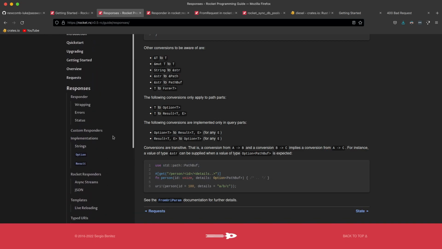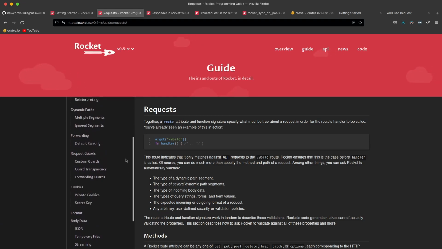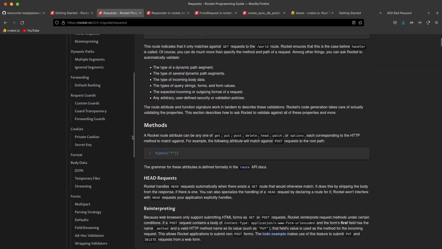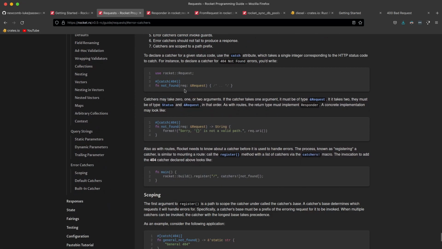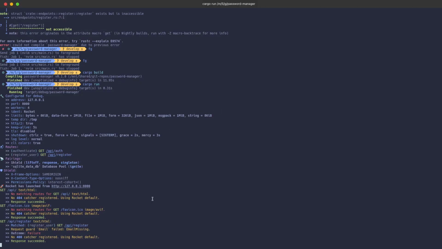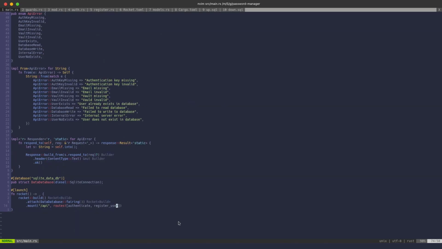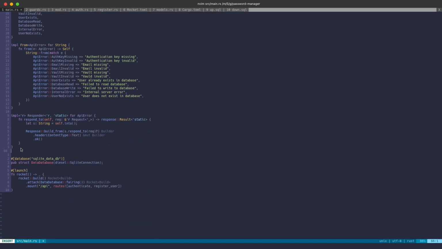Actually, I want to replace this really quickly. Right now, let's see, requests, I think it is, you can actually register an error catcher. I want it to just be plain text, so I'm going to register my own. It says here, no 400 catcher registered, using Rocket default, so I'm going to change that, and right here, make a new